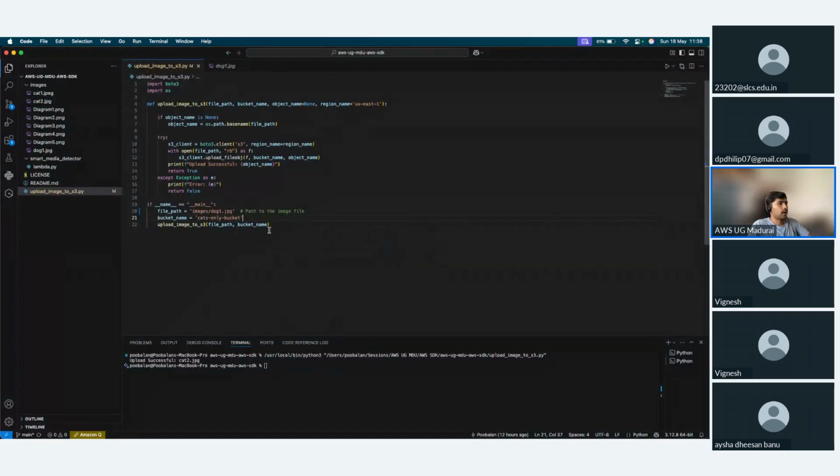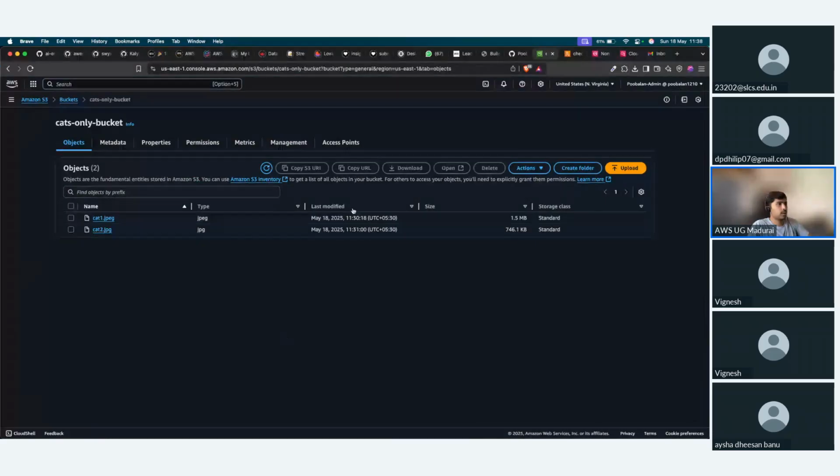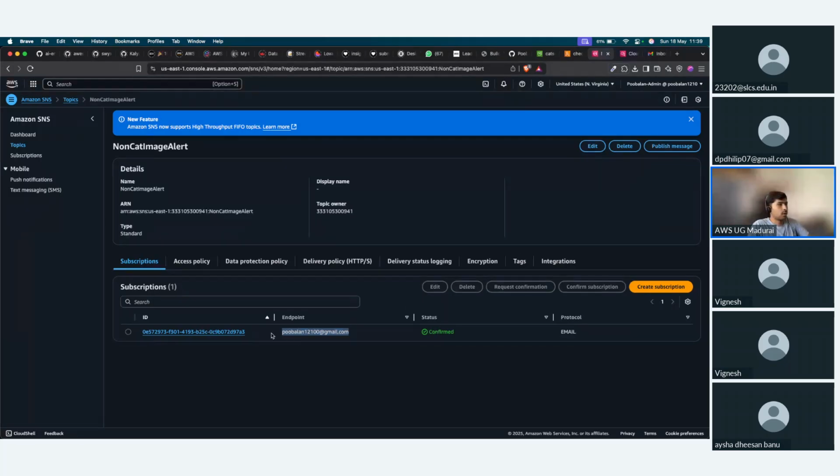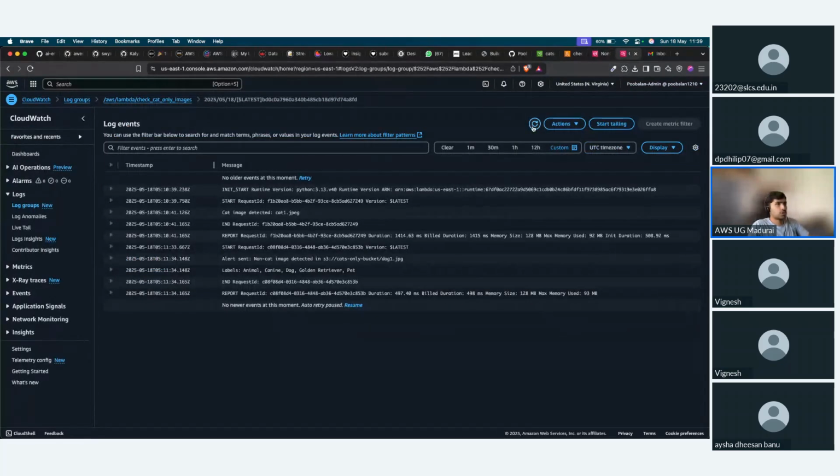So now I have changed it to dog one. I am running that one. Now you can see it successfully uploaded the image dog one. I can see this image here in my bucket. Also, in this CloudWatch log,